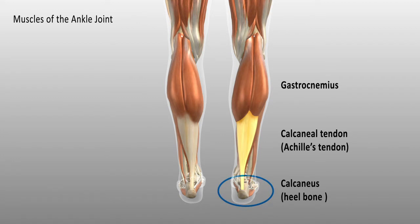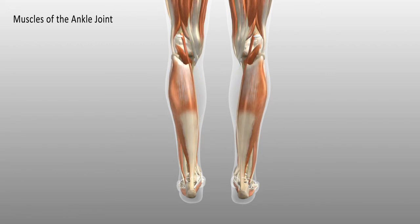So while the main function of the gastrocnemius is to plantar flex the ankle, because it crosses the knee, it is also involved in knee flexion. If we then go a layer deeper,